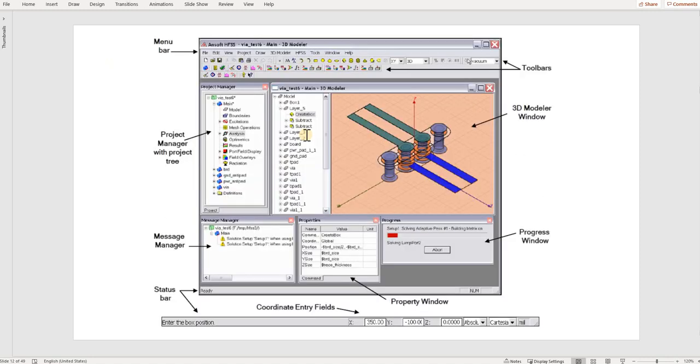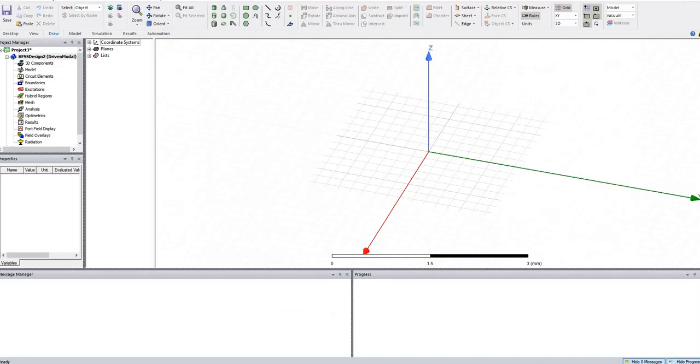Here we see the HFSS menu bar, toolbars, project manager with the project tree in the new version,